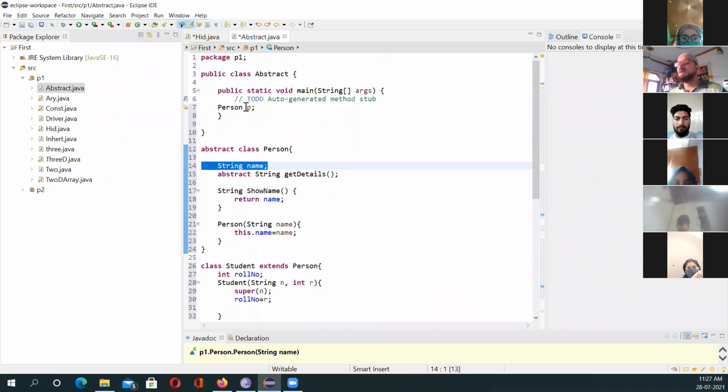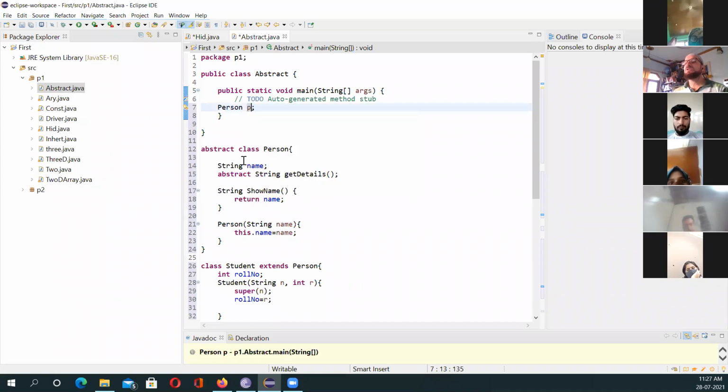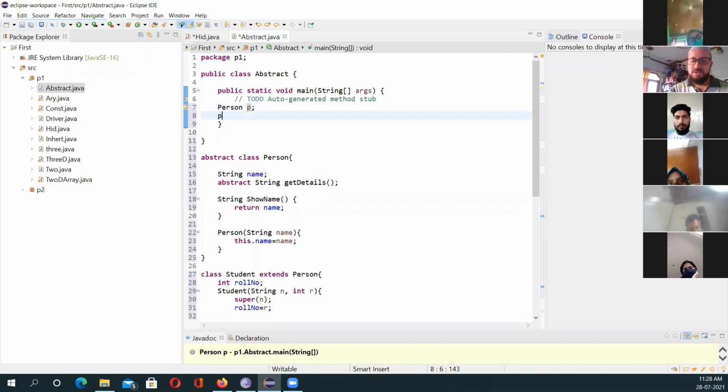Okay, now in the main, I am creating, because abstract class person cannot be instantiated, but it can be used for polymorphism purposes. जो हमने कल पढ़ा कि parent class का रेफरेंस वेरिएबल और चाइल्ड क्लास में डालेंगे, लेकिन रेफरेंस वेरिएबल पेरेंट क्लास रखेंगे. So we can have the abstract class person as a reference variable, okay, and then I can drop into it whatever you want, say for example the child class, say for example p equals new, what is that called,